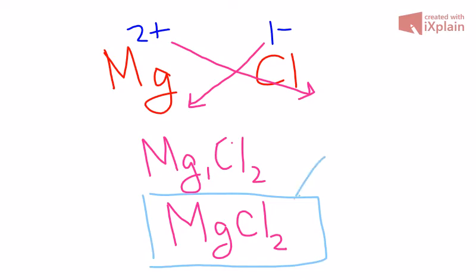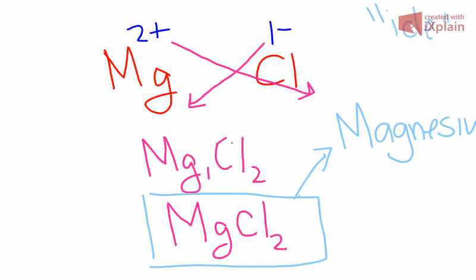Now, if I were to name this, remember the first element, the metal, stays the same. So this is going to be named magnesium. And the non-metal changes its ending to IDE. So instead of being chlorine, it's going to be chloride. And all of these rules are in the PowerPoint that I have posted to the Google Classroom. So feel free to go back and forth between this video and the PowerPoint until you're familiar with the rules